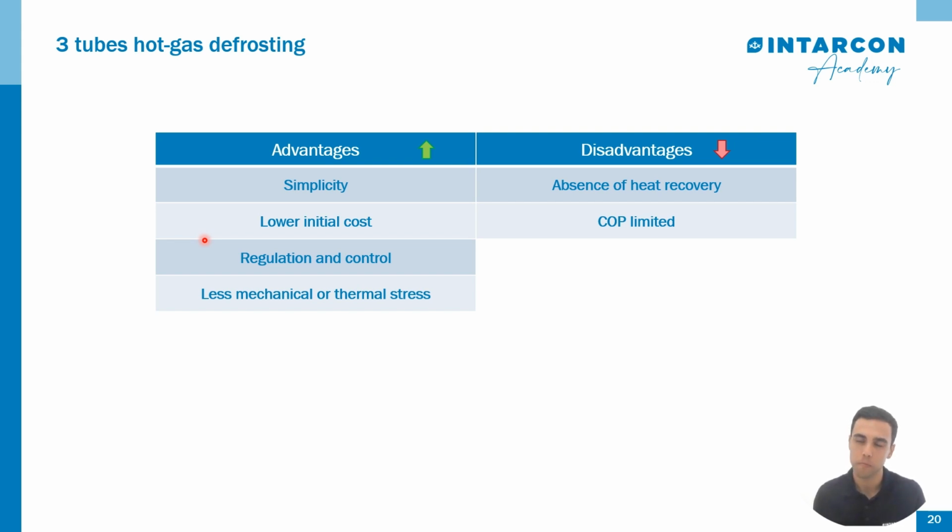As disadvantages, no heat recovery. Unlike the 4-pipe system, the 3-pipe hot gas defrost does not recover heat from the compressor plant, which means that all the heat for defrosting comes from the compressor's own electrical consumption when recompressing the gas, and limited system cut of defrost heat generation is close to unit, indicating that the energy efficiency is relatively low compared to systems that can recover heat.